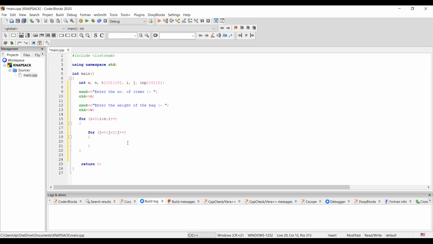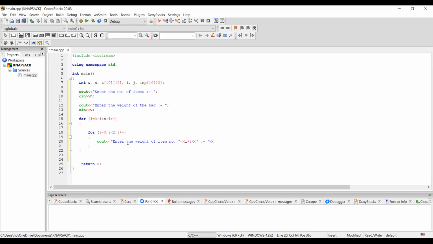So now we write the code for that: cout enter the weight of item number. What is the item number? I plus 1. Enter the weight of item number I plus 1.